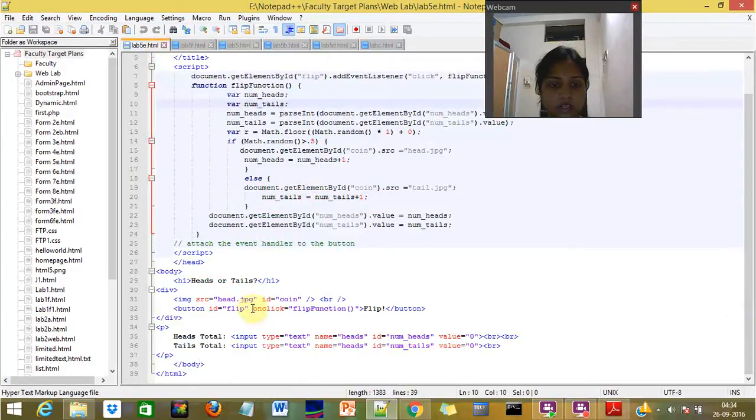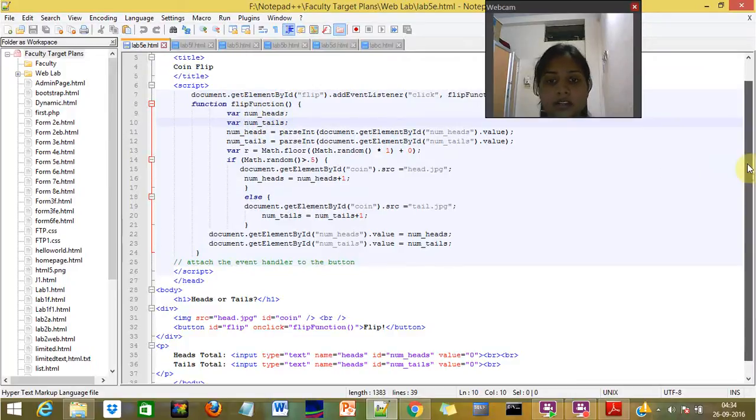So this is my code for the on click button ID flip. When I click the button flip, it will go to the flip function, which is mentioned in the script tag. In the flip function, I have the variables heads and tails. Now heads,